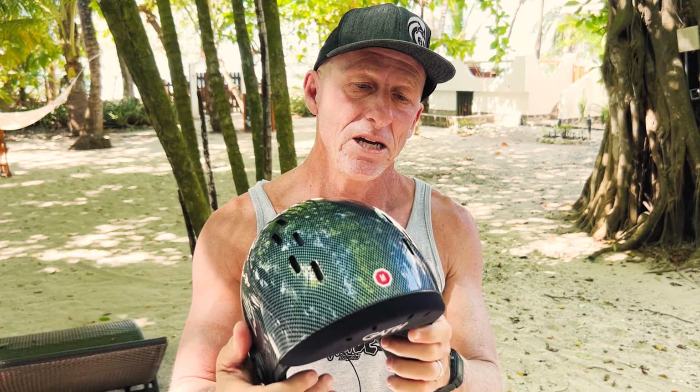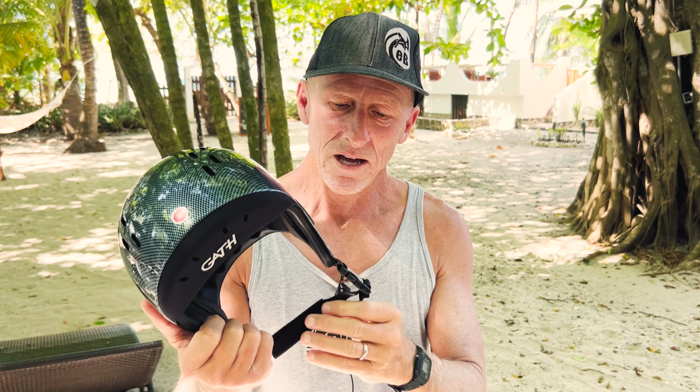So what are the options out there, right? So let's talk about helmets since we just mentioned that. So this happens to be a Gaff helmet. They come in different sizes and there are different brands of helmets. This is a hard shell helmet. It is going to protect your head from all but the most insane impacts on the reef, but this can